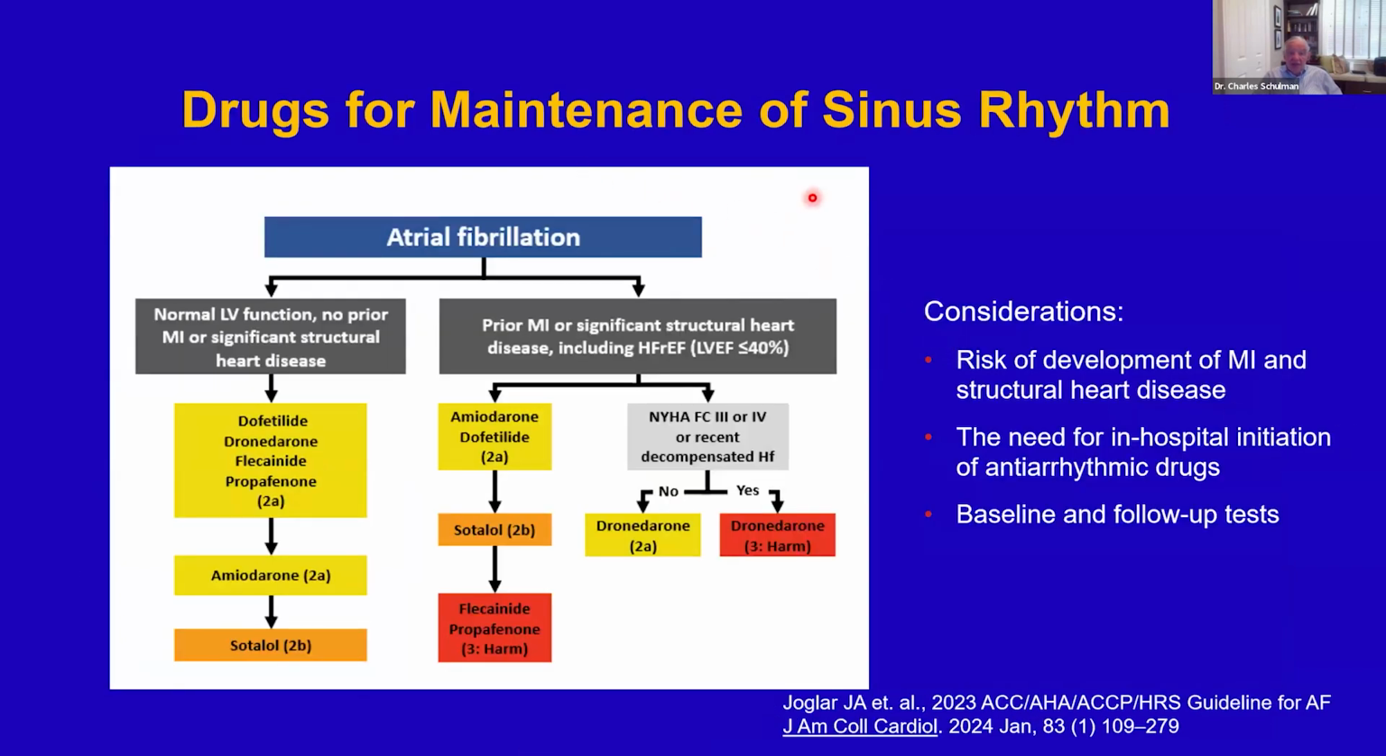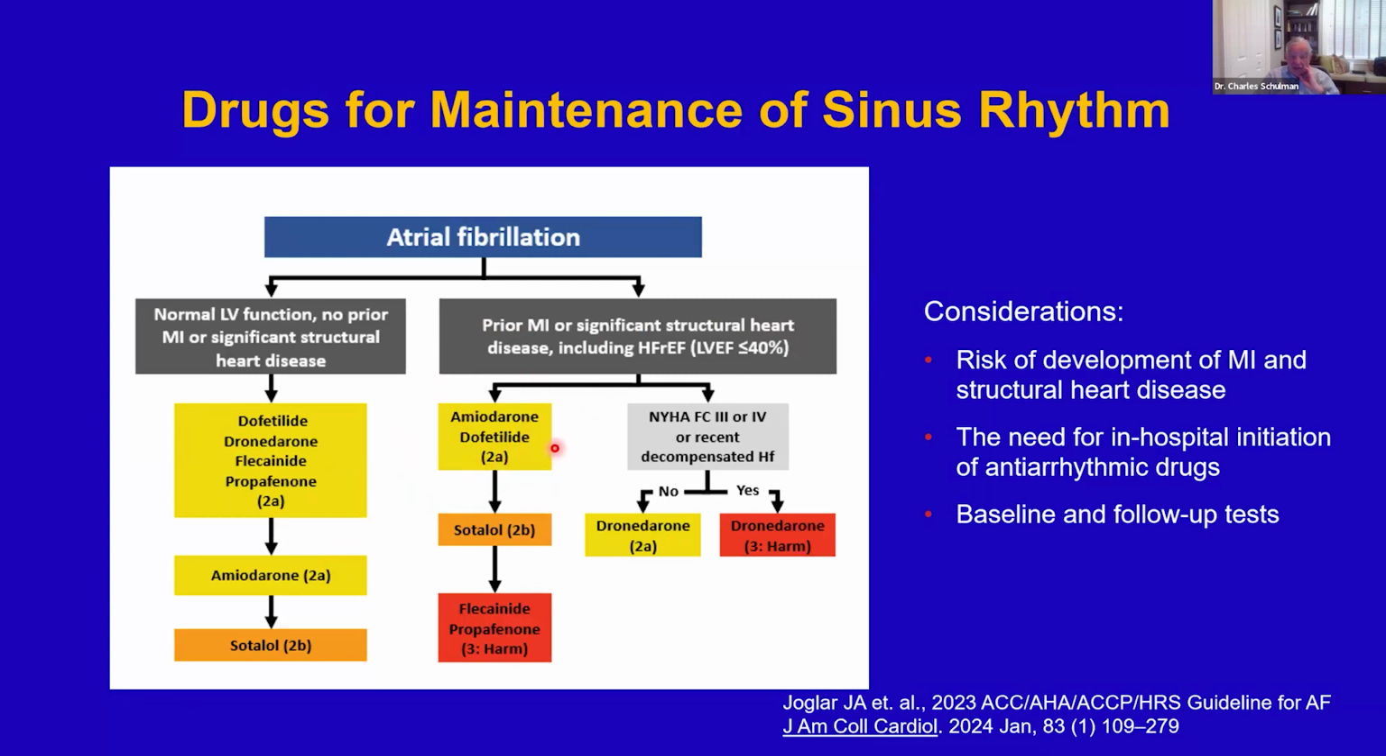Okay, the drugs for the maintenance of sinus rhythm depend on LV function. So if the patient has normal LV function, no prior MI, and no significant structural heart disease, you have a choice. Often we use flecainide first, and amiodarone second. If there's prior MI or significant structural heart disease, including a low ejection fraction, amiodarone or dofetilide are